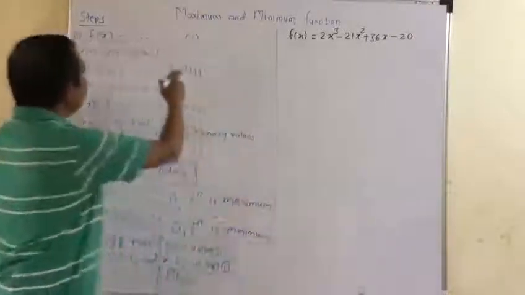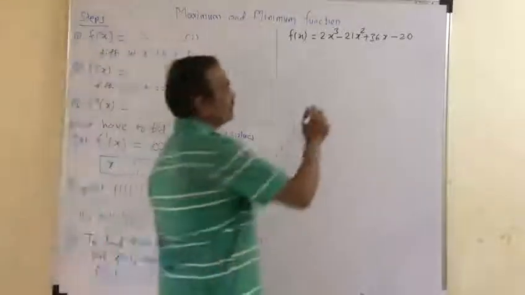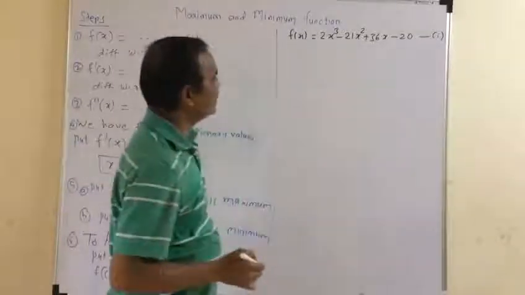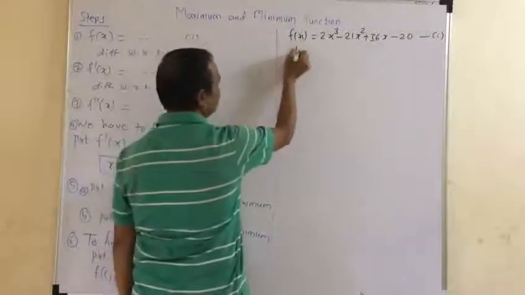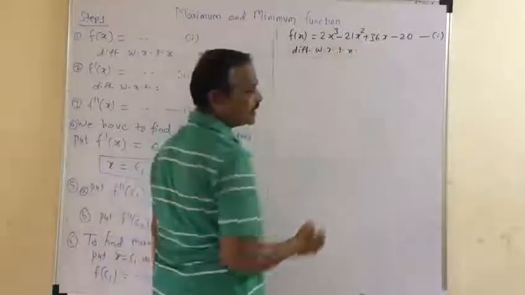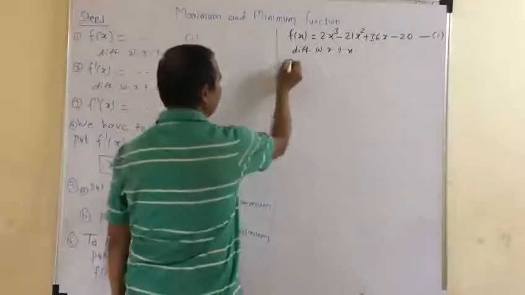Now as given this, first we have to write the given function as it is. So this is our equation first. Now differentiate this equation with respect to x. We get f dash x as